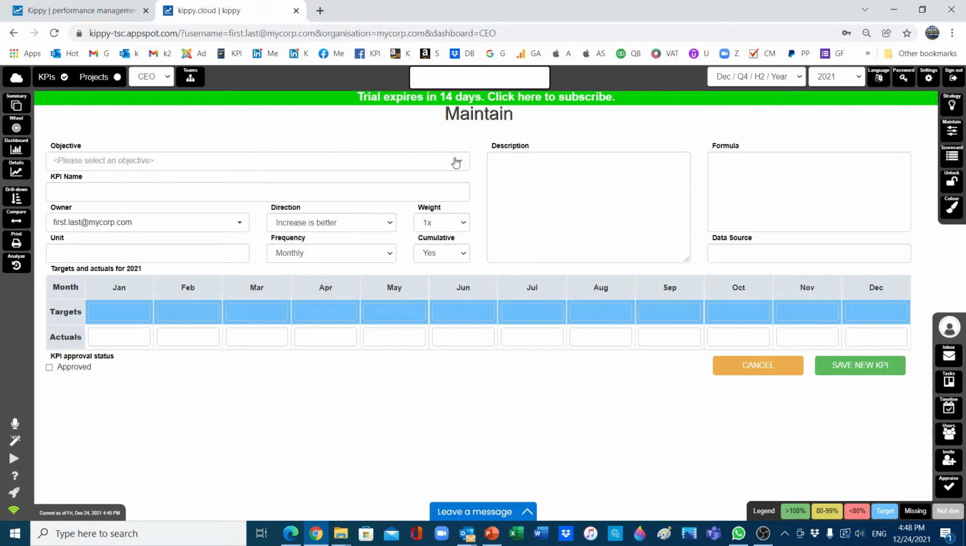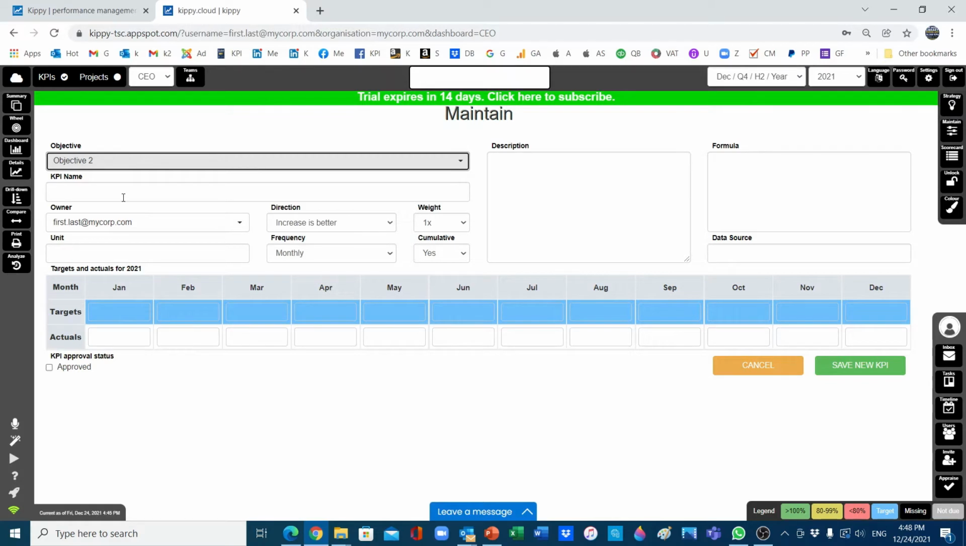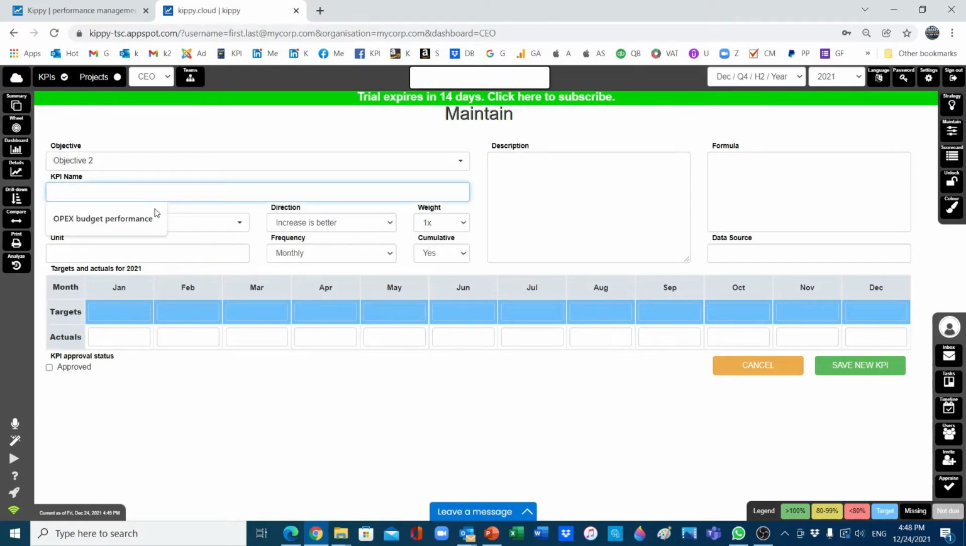So assuming now we have to go and find this financial objective, which is number 2 under financial. The KPI name could be OPEX budget performance, and automatically it will give my email first last mycorp.com, and the unit in this case is a percentage. We have to also select polarity, so direction wise, is it better for the KPI to increase or decrease? So because OPEX, and here we're talking about operation expenses, it is decrease is better, less expenses is better for